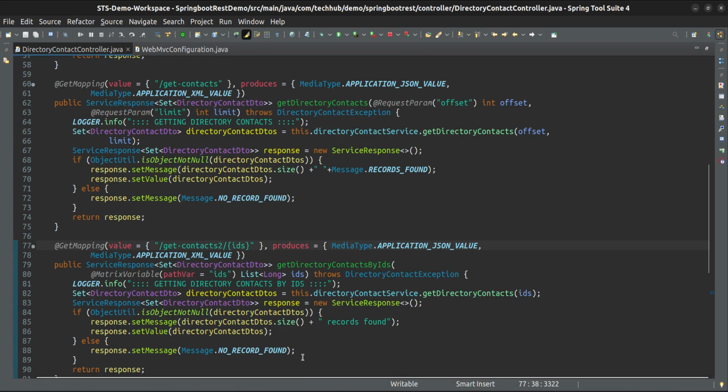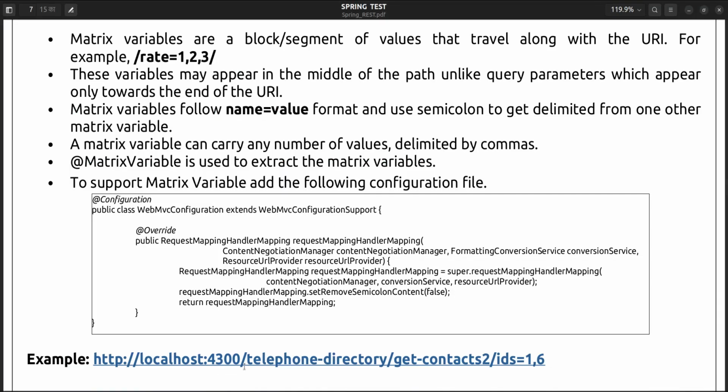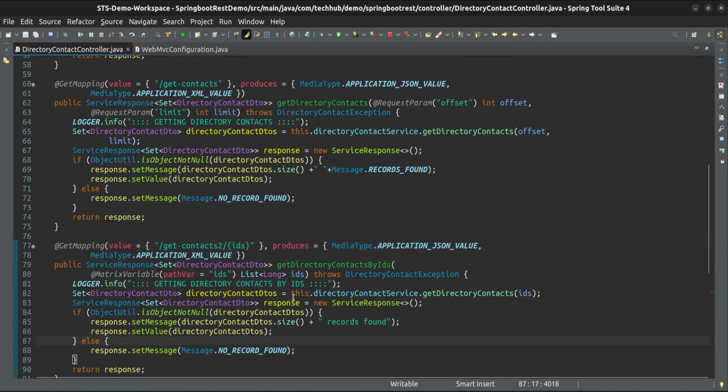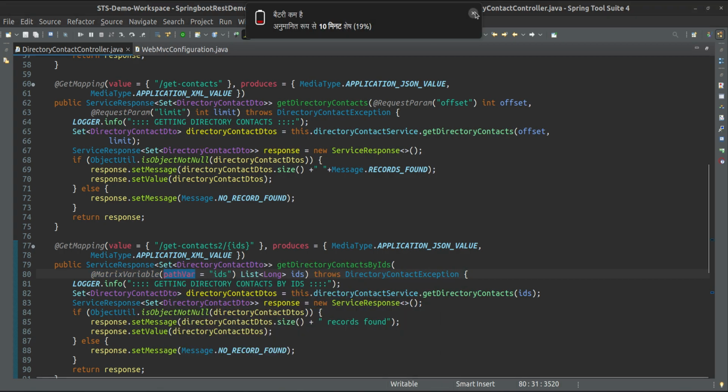And if you see the controller, which annotation we need to use? The MatrixVariable annotation we need to use. You can see here we are using the MatrixVariable annotation, which has the path variable IDs.